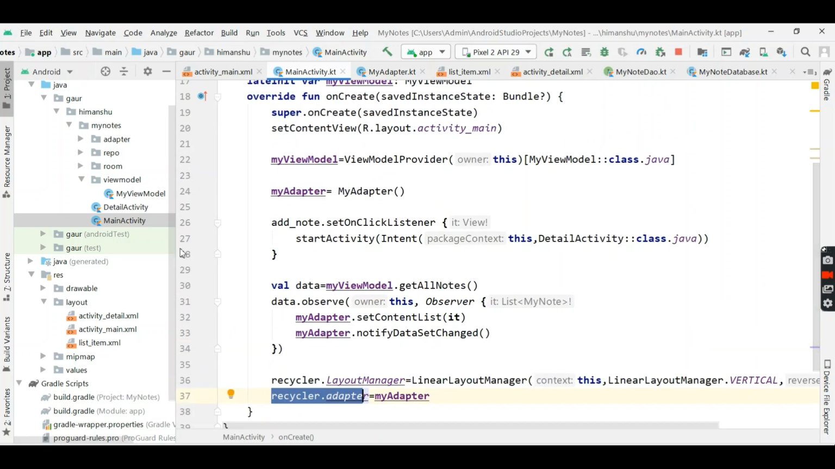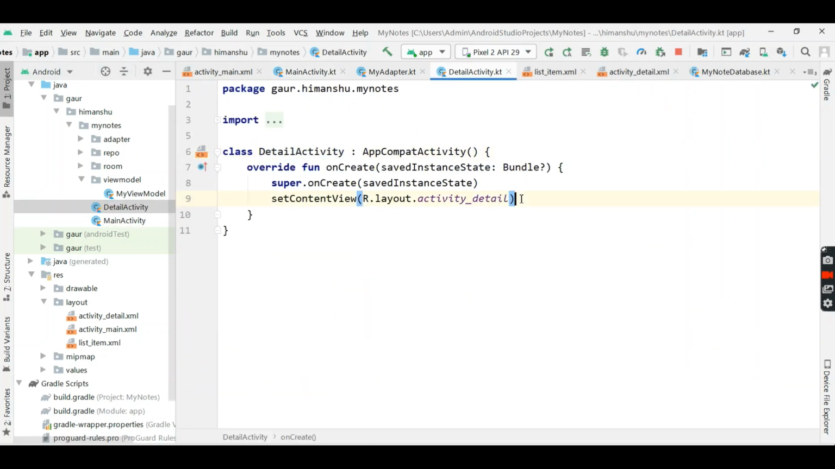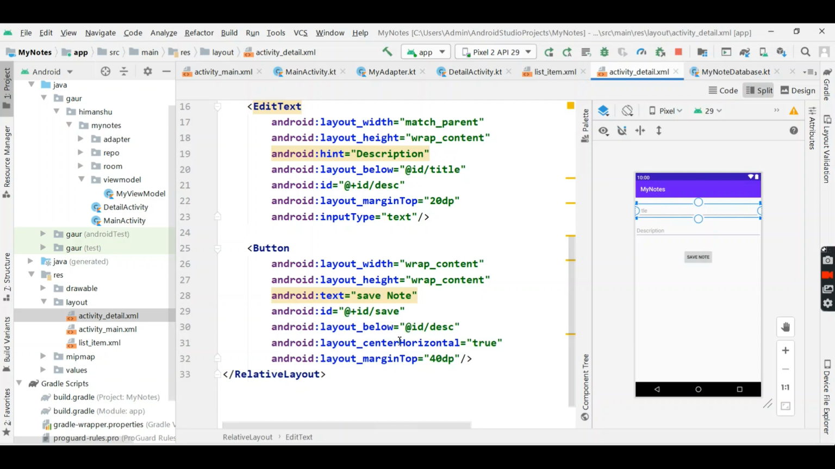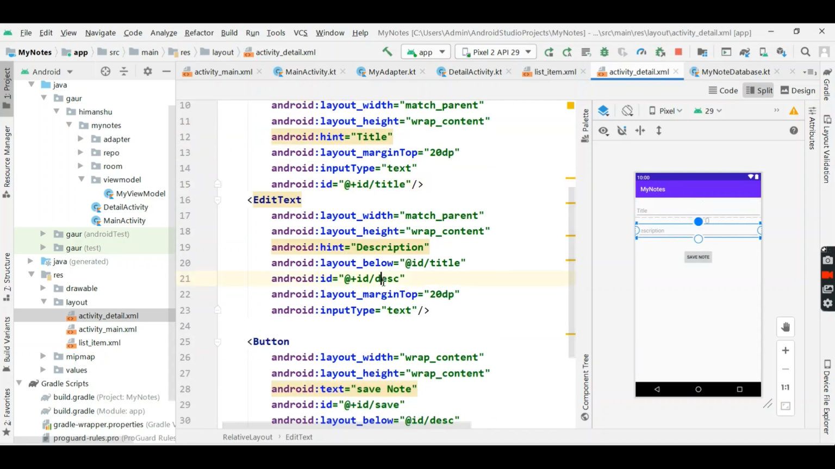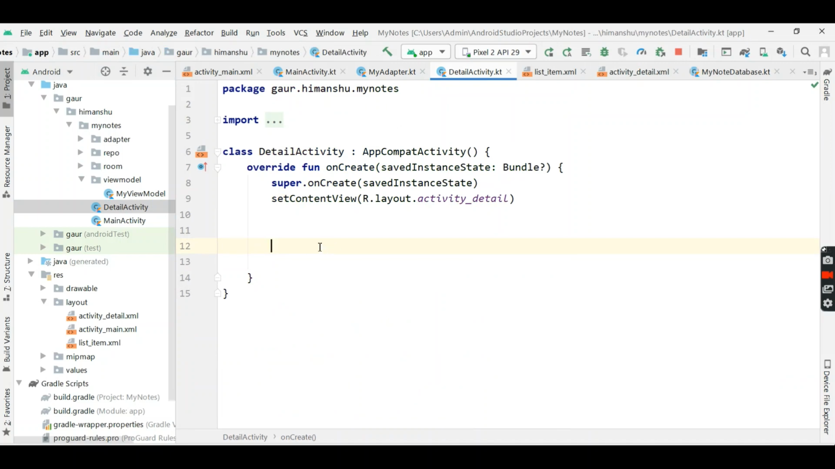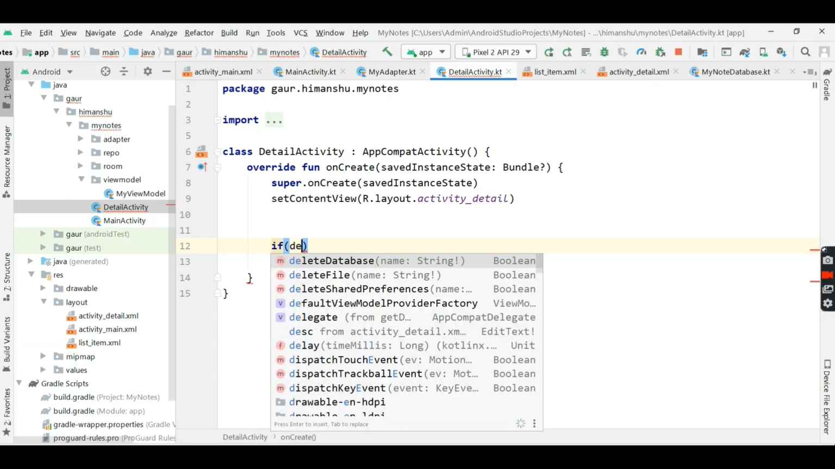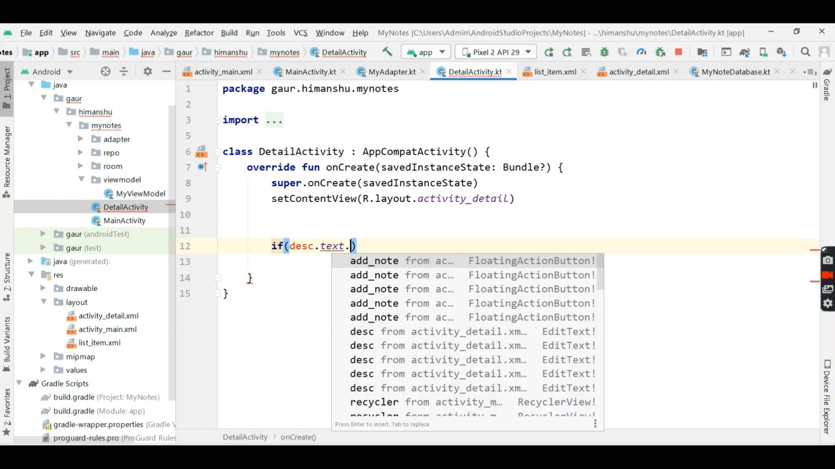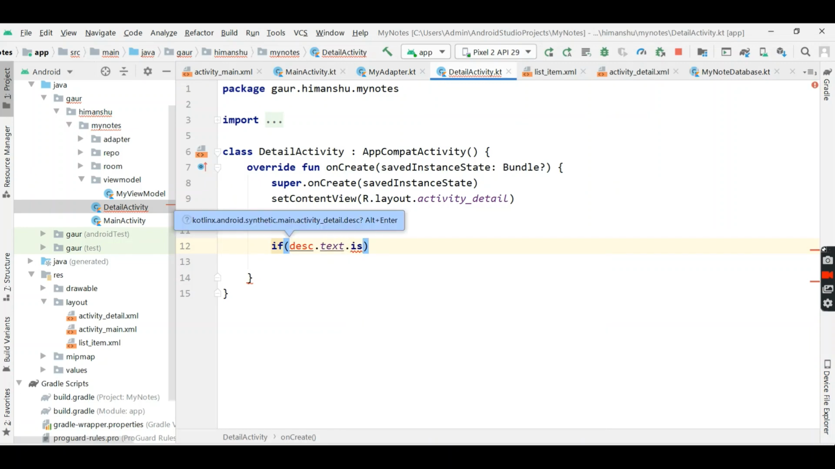Okay, now go in our detail activity. So check the IDs of our edit text. So first is title, and another is detail description. Okay, so if description dot text, so import this, is empty,